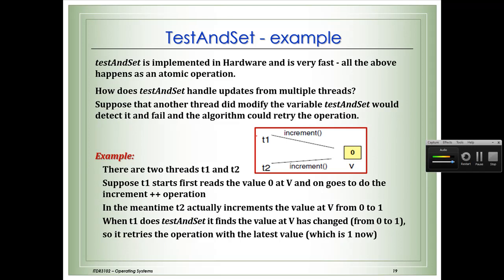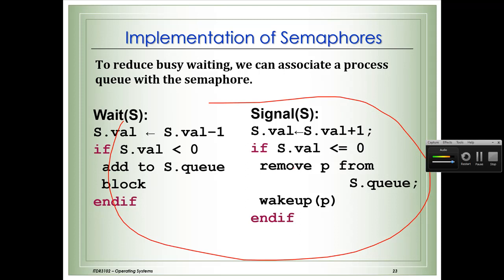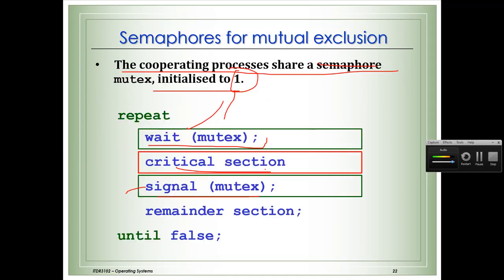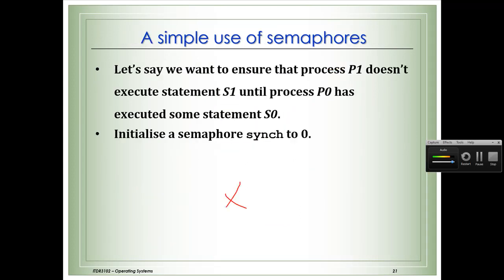Now let me give some highlight here. What is exactly happening is, here we use a while loop. So the thread is blocked in the while statement. When it is in the while statement, it consumes CPU operation. It is actually running, it is not in a waiting state. To overcome this problem of wasting CPU time, we introduce a queue concept. No need to worry, we will see that in the concurrent programming course.